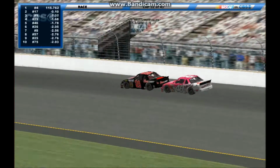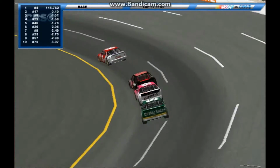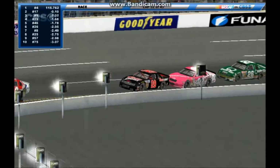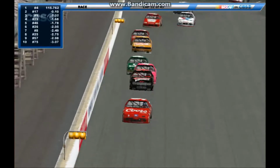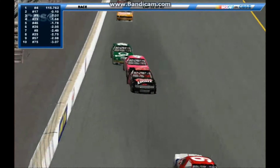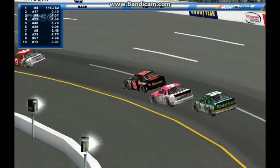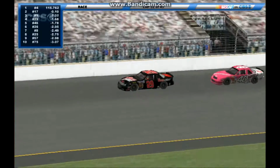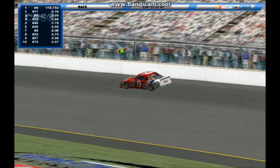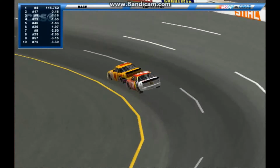This is the battle for fourth place, mind you. Ruttman has been steadily dropping back, but he's still in the top 5. Cole Trickle looking to move his 46 car up. Ruttman pulling away now. Let's take a look back up towards the lead. Waltrip now locked onto the back bumper